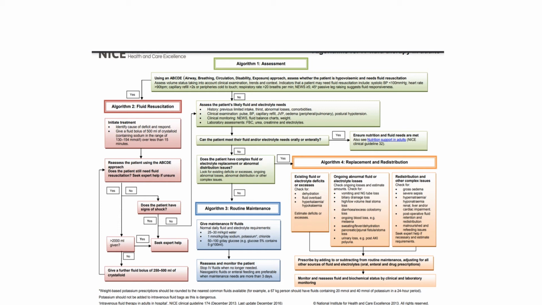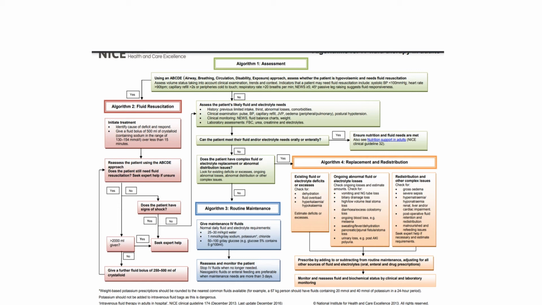or there is also a scoring system called NEWS, which is the National Early Warning Score, developed by the National Health Service in the UK. It is used in critically ill patients, and the various parameters in this scoring system include respiratory rate, SpO2 and requirement of oxygen support, body temperature, systolic blood pressure, heart rate, and AVPU score, that is alert, voice, pain, that is whether the patient is alert or responsive to voice or responsive to pain. So after scoring all these parameters, you come to a final score, and if the final score is more than or equal to 5, then such patients are found to have an underlying possible sepsis.